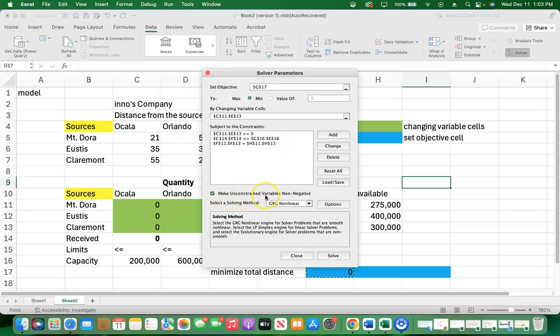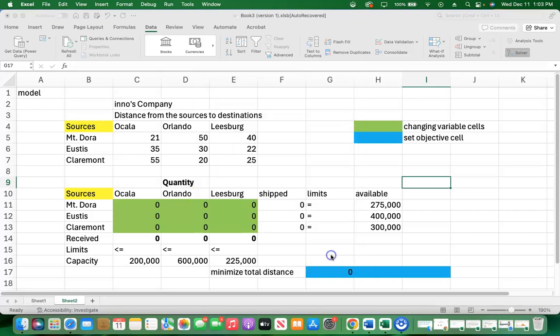Here, make unconstrained variables non-negative, we did, and so please click here, and we are going to change from GRG non-linear to simplex linear programming. We may go with options, but let's see first the quantities that we have, if they can be a fraction or not. So we can solve. If you click solve,